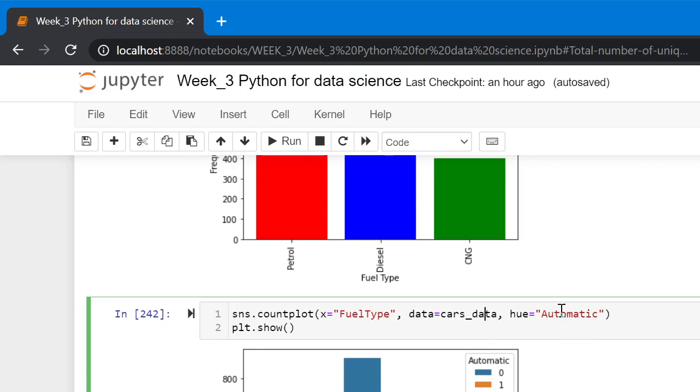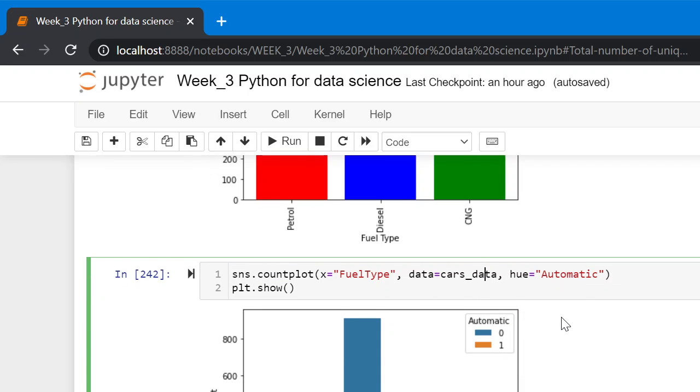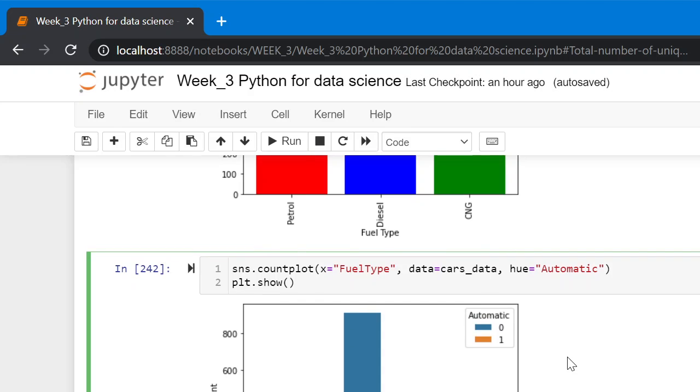It is much simpler to create in Seaborn. The countplot method helps us to create a bar plot in Seaborn. Here the x argument is the column name that we want to create a bar chart of. The data argument and the hue argument is the argument in which we want to see the split among the data.